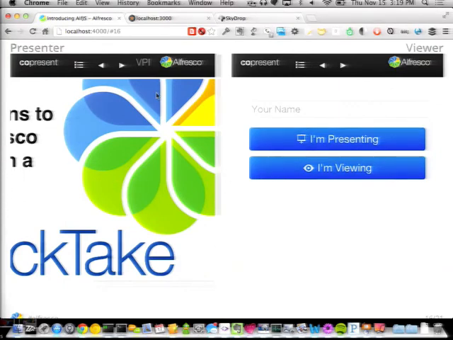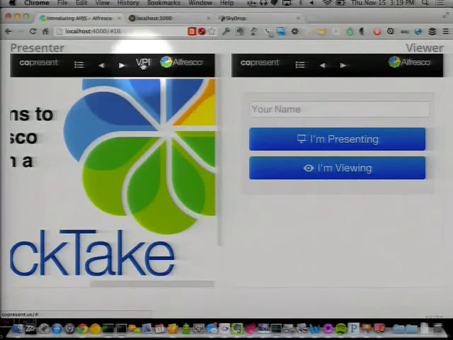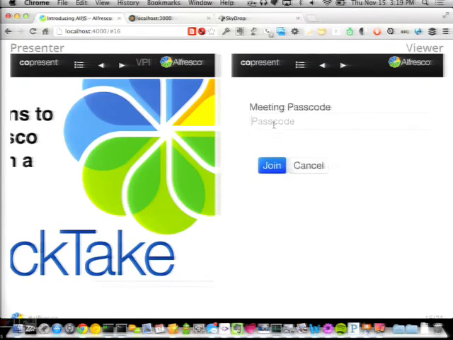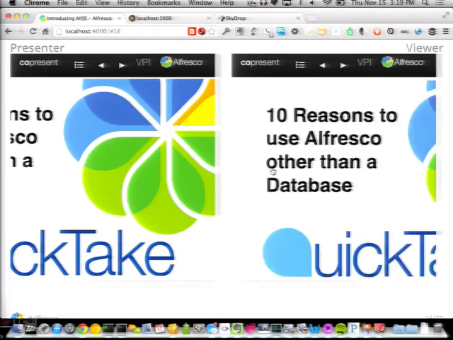So anyway, the other thing I'd like to call your attention to is right here. I get a little meeting code. It's a 3-letter meeting code. It is case sensitive, so if you happen to be following along with me, you will need to type capital VPI, as in the viewer experience, right? And you hit join. And what's going to happen now is that we're going to fetch that document and render it in this view. And it takes a little bit of time for that to happen.